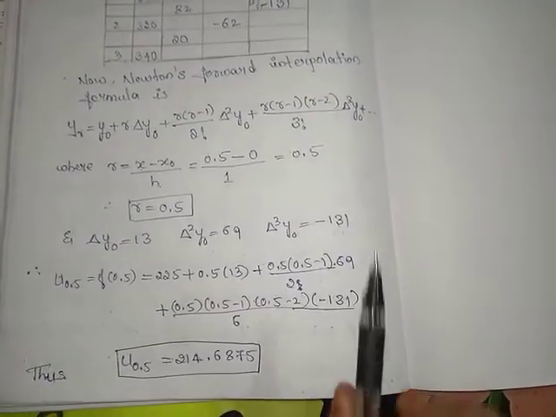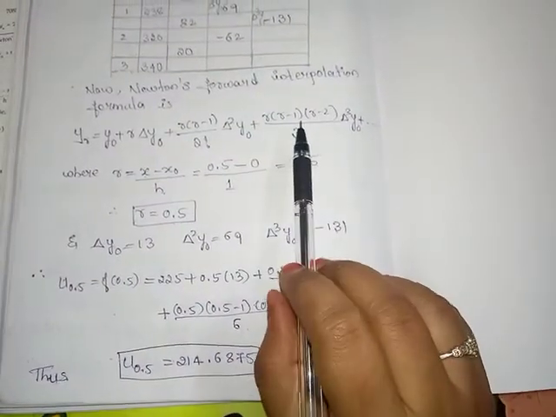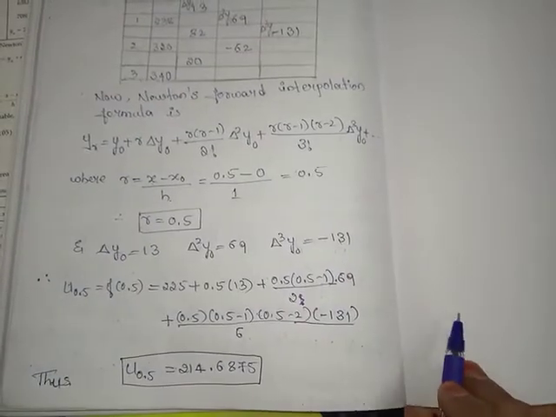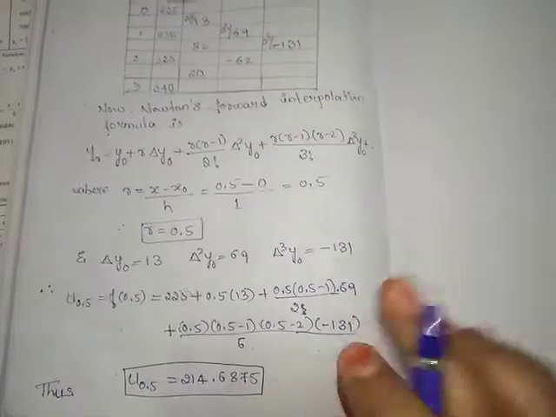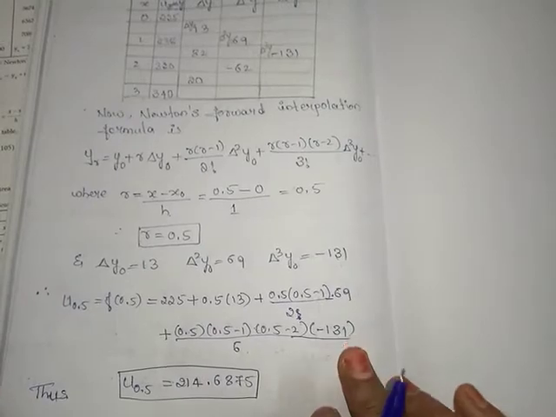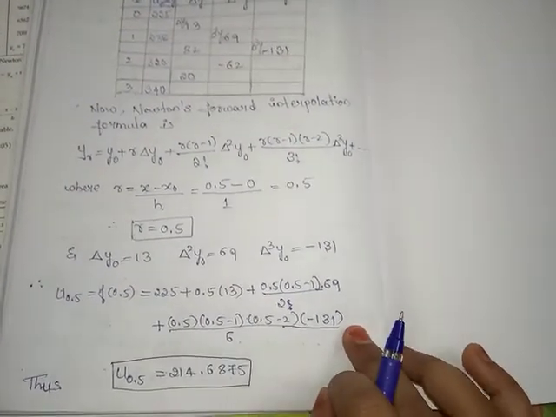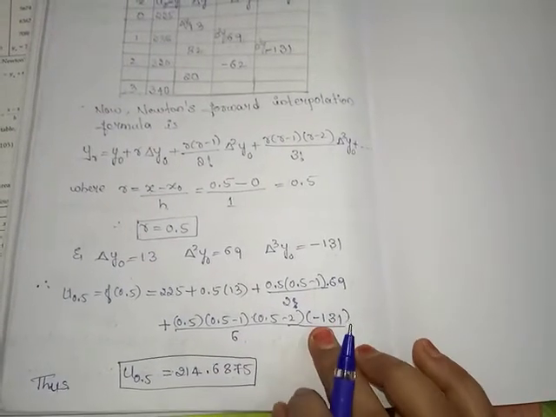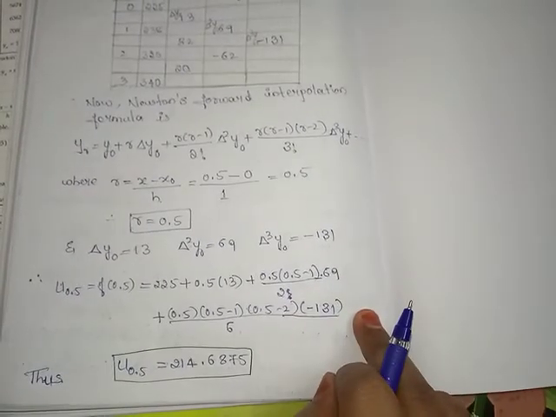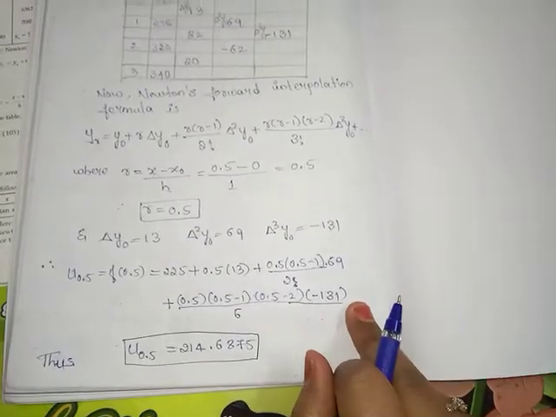And also remember, while you are substituting the values into the general formula, don't write plus and so on, because for this particular example we have values up to the 3rd difference only, so we don't have to write plus and so on. If you write plus and so on, it will be considered a wrong calculation. So remember, here you don't have to write plus and so on.